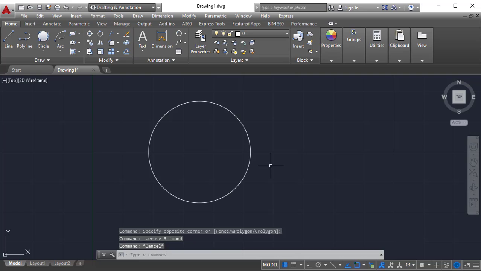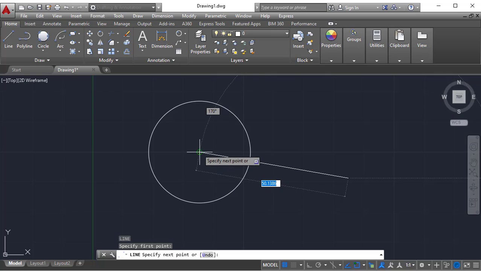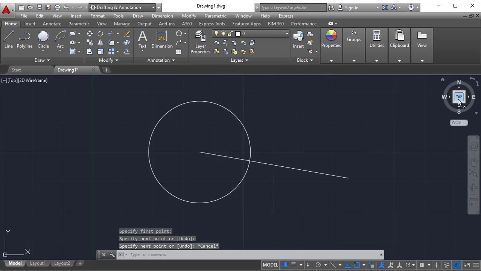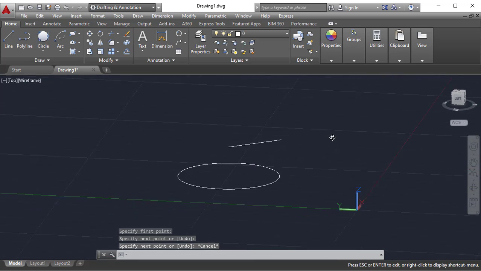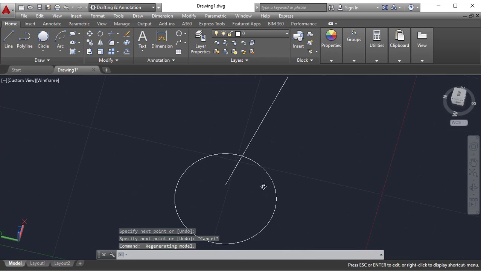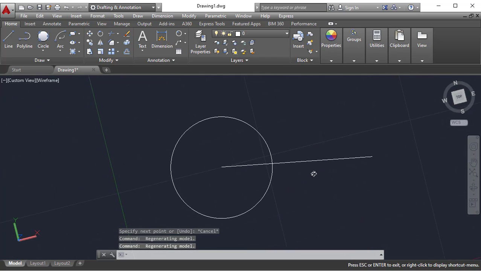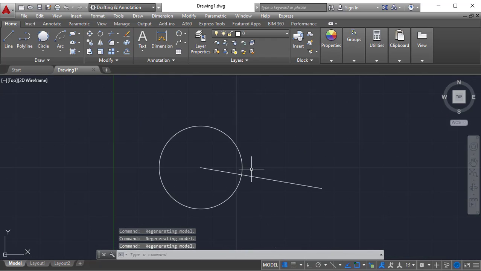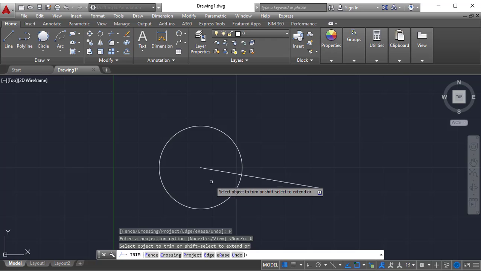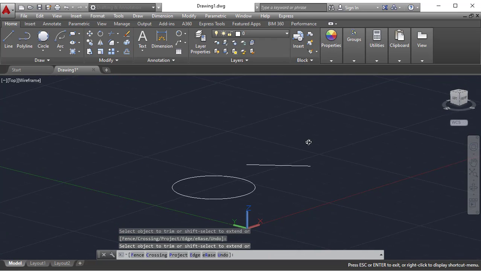And the last command is project, which I want to explain. If you view from the top view, it is one over another. But if you use the side view, this line is not intersecting. I have created a point above the grid. Now TR double enter. In project we have three options: none, UCS, view. If you select none, nothing will get trimmed. In project, if you use UCS, it will trim automatically even though there is no intersection.